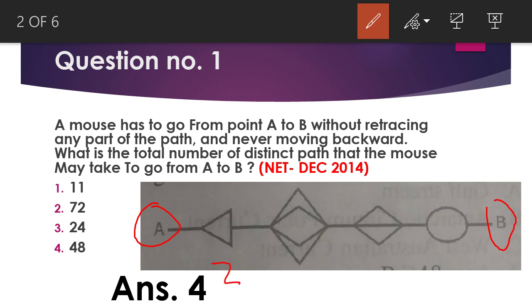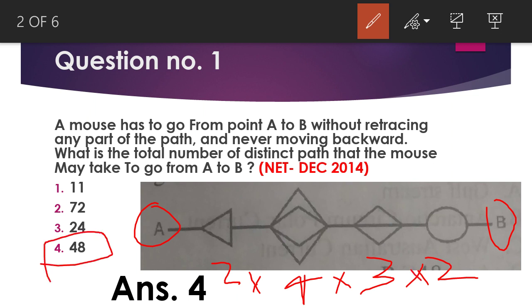So there are two ways, and then we have 4, then 3, then 2. By multiplying all of these, we will get our answer, which is 48. Okay. Now, what happens when some ways are dependent on another, like in this situation? If you have the point A and you have a wheel something like this, okay, something like this,